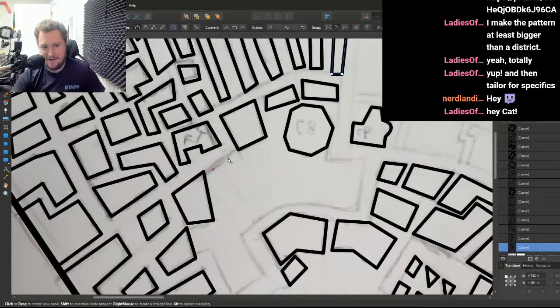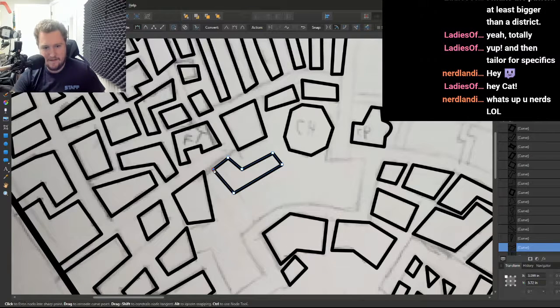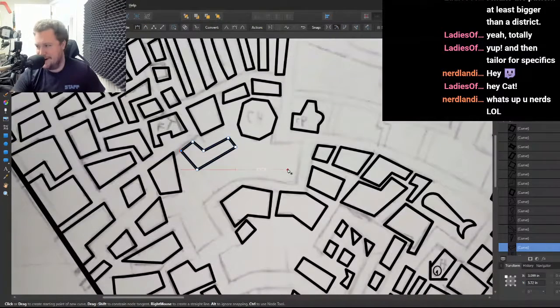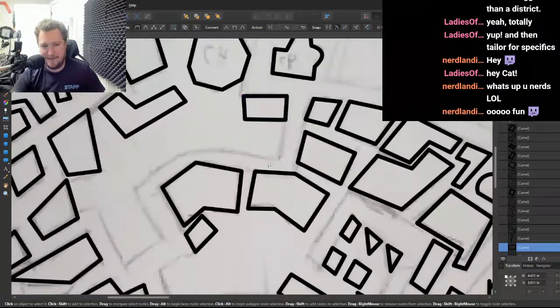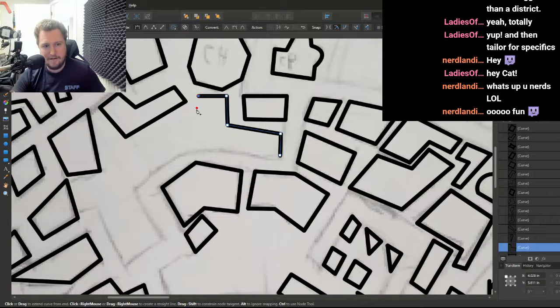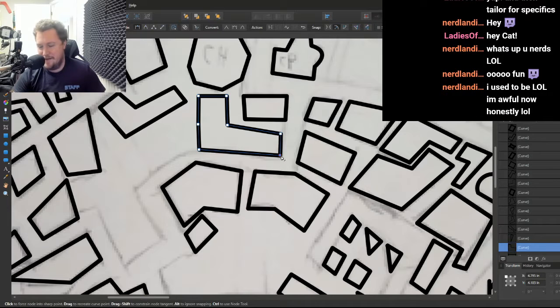I am drawing some questionable vector maps for my home game. Unlike you two, I am not a graphic designer, so please don't bully me too hard. I'm basically like a monkey in a spaceship. I have access to a vector program and I'm using it with reckless abandon. Ladies of D&D was just telling me that I should just make a city map pattern that I can just